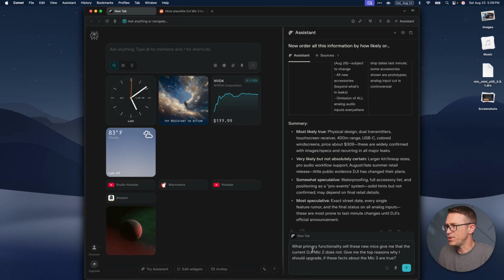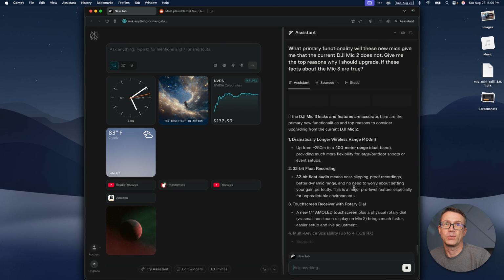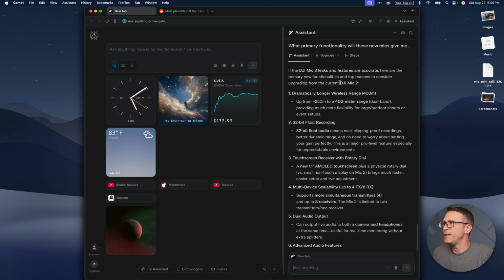So we're going to put in a question here. What primary functionality would these new mics give me that the current DJI Mic 2 does not? Give me the top reasons why I should upgrade, blah, blah, blah. Let's run that and let the agent tell us why I should upgrade and buy this when it comes out. Don't tell my wife. If the DJI Mic 3 leaks and features are accurate, great, we're going to assume that